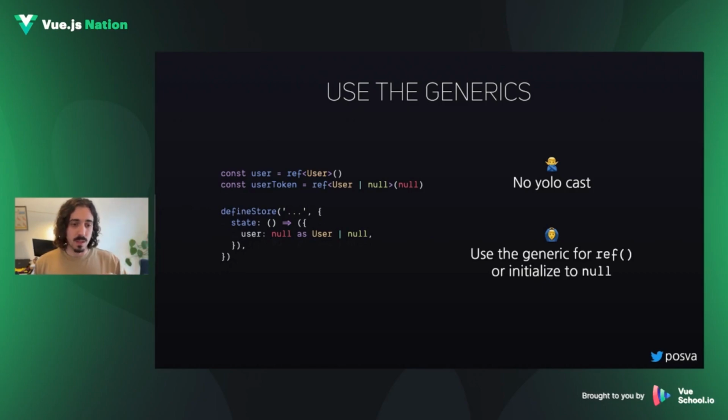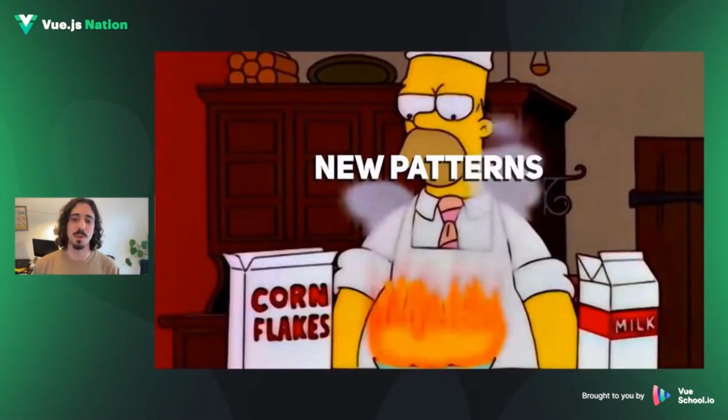By the way, if you're using the option stores, in this case, you can cast null as user or null to say, okay, I can accept user or null for this property. Or you can define the whole state as a type and add it as a type annotation on the return type of state. Okay, let's move into new patterns because